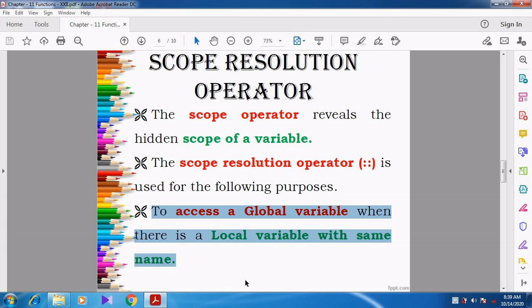But when the global variable and local variable have the same name, at that time we can use the scope resolution operator, and then we can access the global variable in an easier manner. Can you understand, students? Whenever both the global variable and local variable have the same name, using the scope resolution operator we can access the global variable.